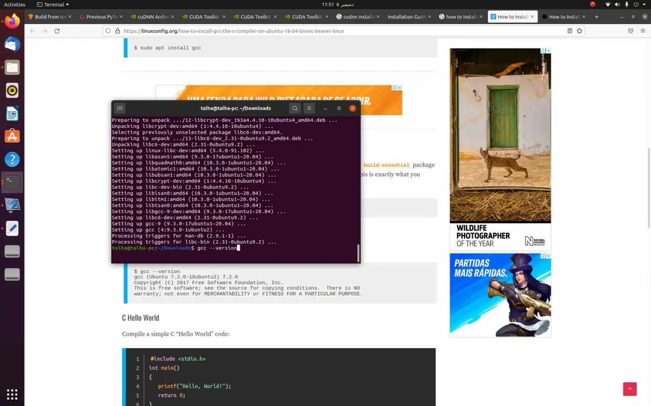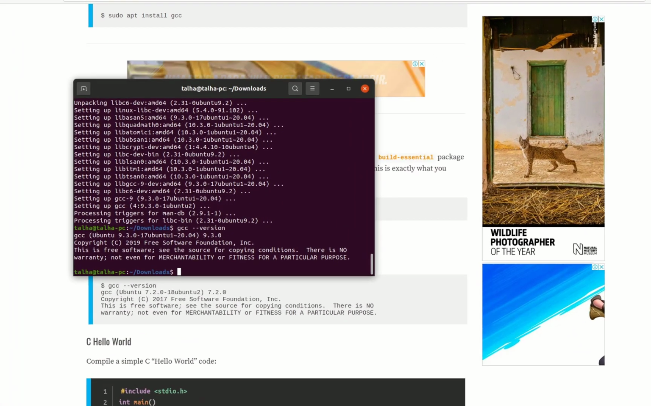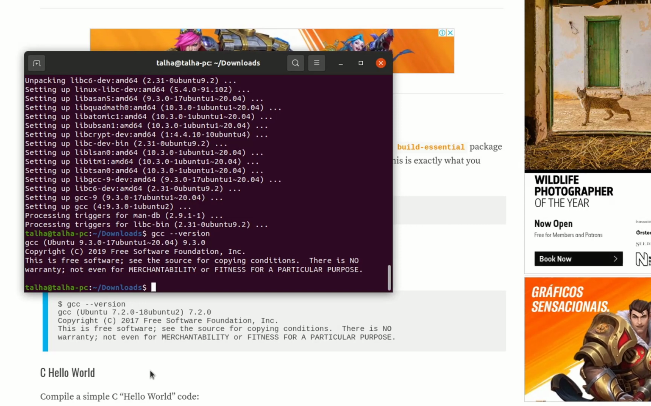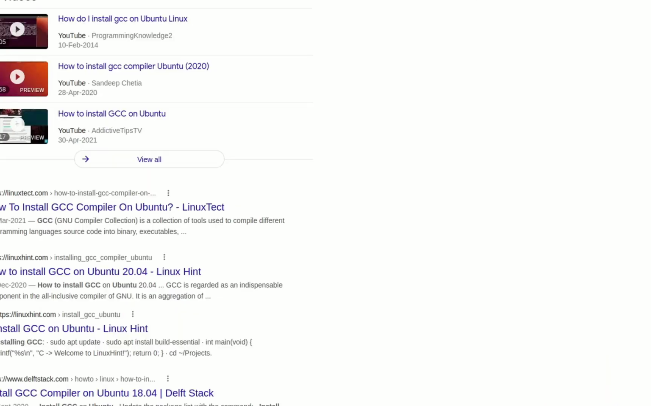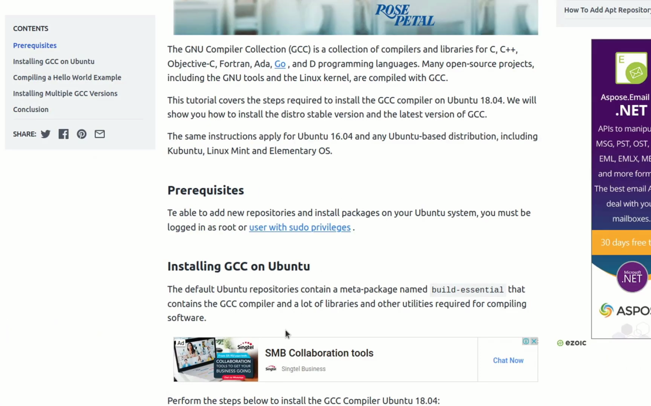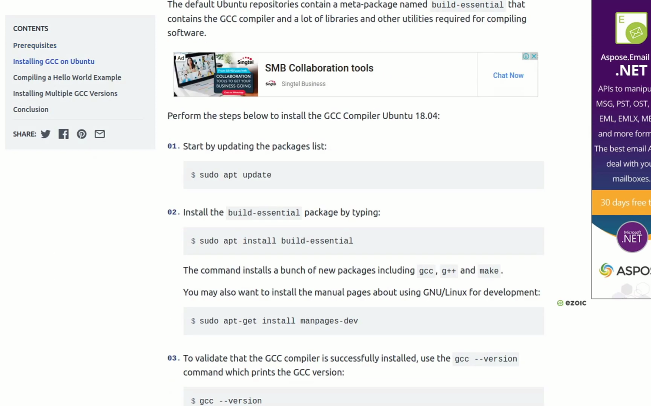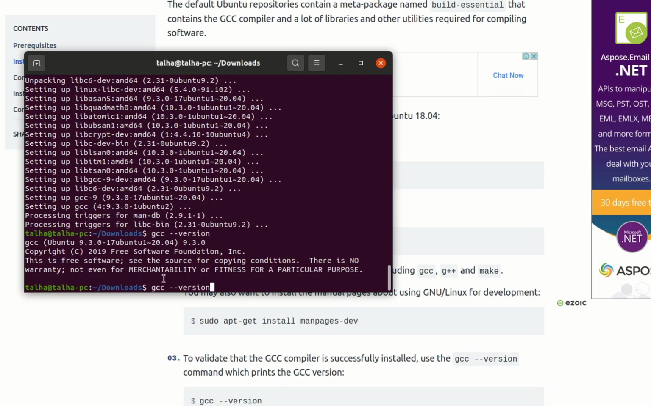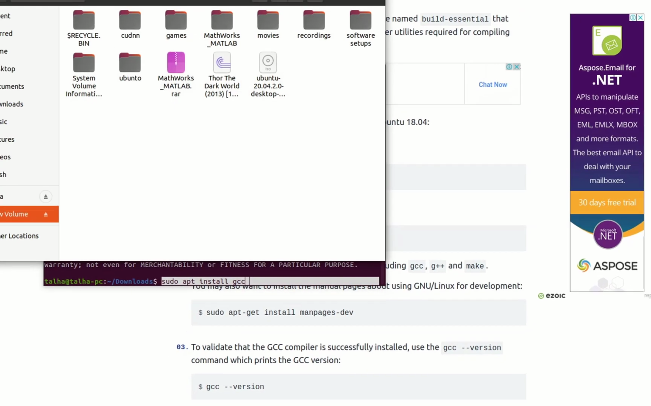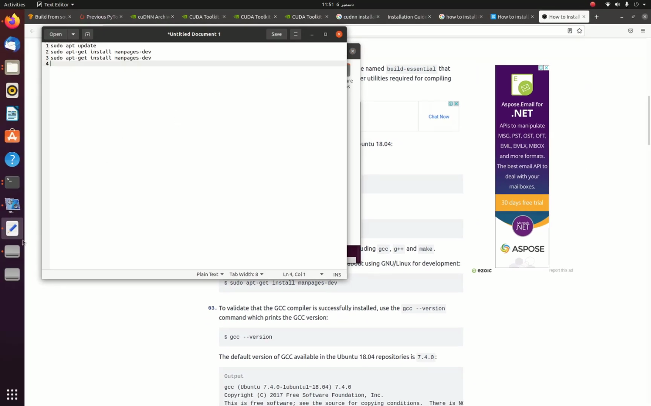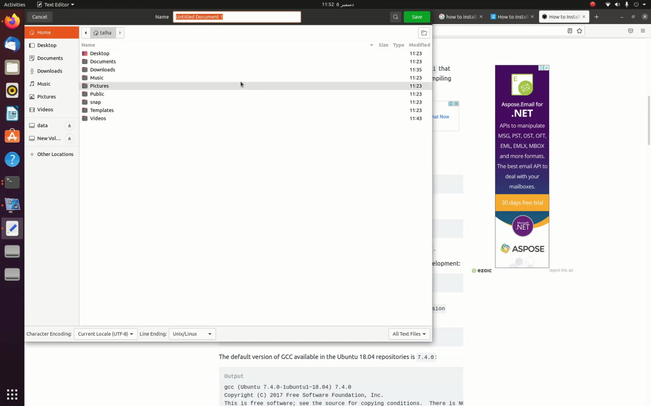Okay, let's check if the GCC version has been installed. This has been installed by using this command. Let me copy this and paste it in my notepad. Okay, so our GCC has been installed. The next thing we have to do is